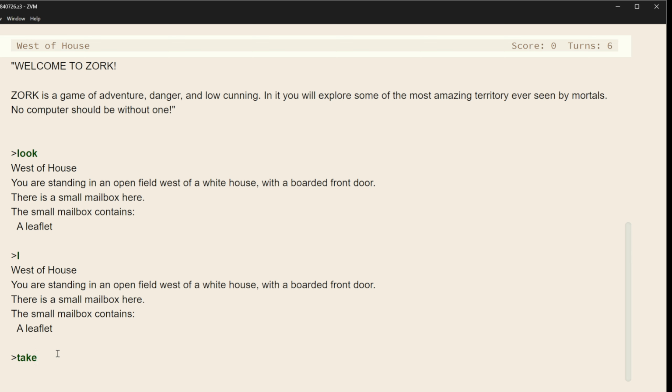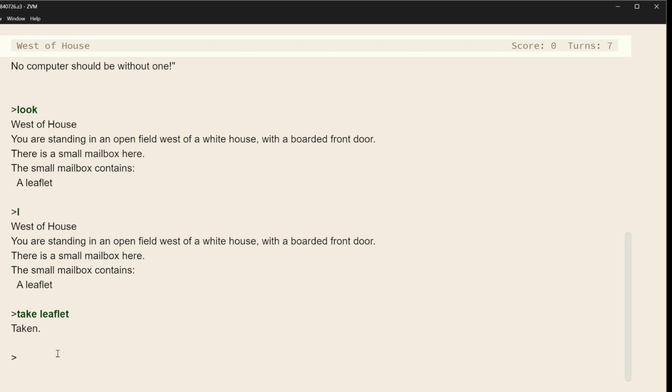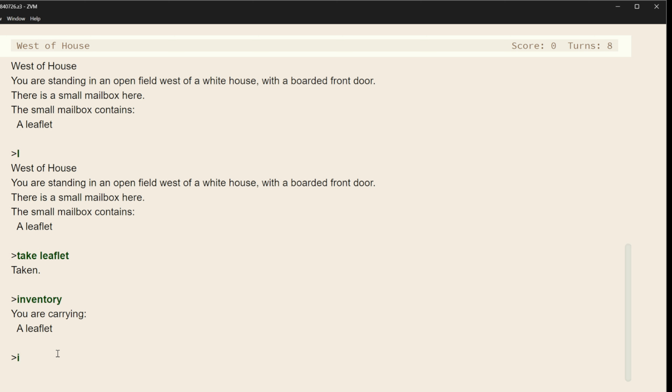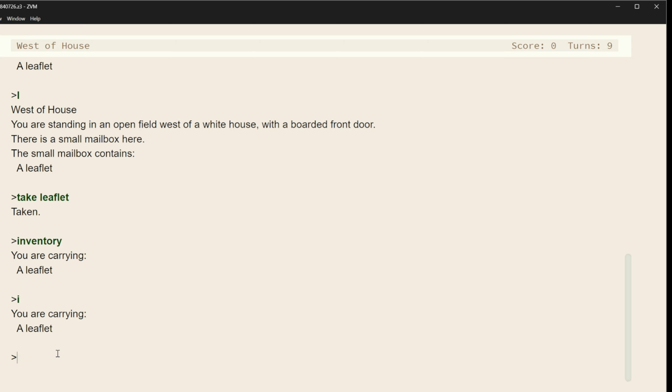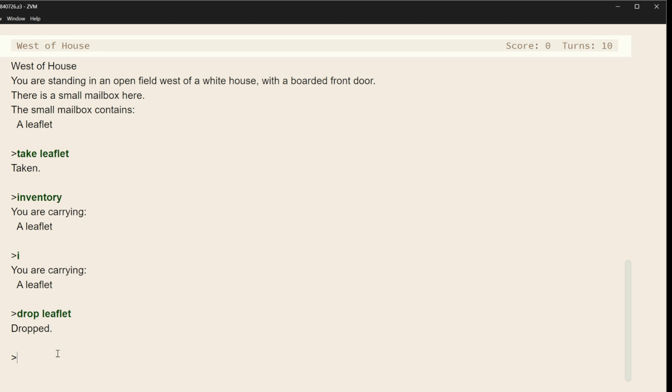We can take things that seem useful. We can check what we've taken by checking our inventory, which we can abbreviate with I. Okay, see how that is. If we decide something isn't useful, we can drop it. Now notice here, we're doing two different types of commands here. We're doing commands that, if you remember the old grammar days, reflexive verbs, that is, no noun involved, right? Look, there's no noun to that.